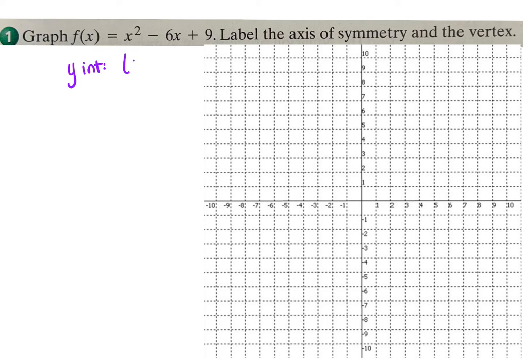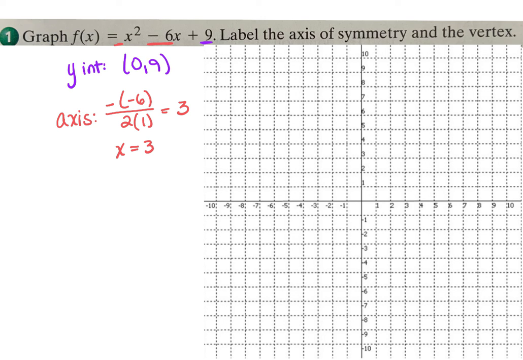Your y-intercept should have been 0, 9. So we're using the C here. 0 and 9. Then for your axis, you're going to use the negative of this. This is already a -6, right? So if I make it a negative of a -6, that's actually going to be +6, right? Over 2, and my a here, if you don't see a number in front of a variable, what is that number? 1. So I end up with a +6 over 2. So what is my axis here? 3. So x equals 3 is my